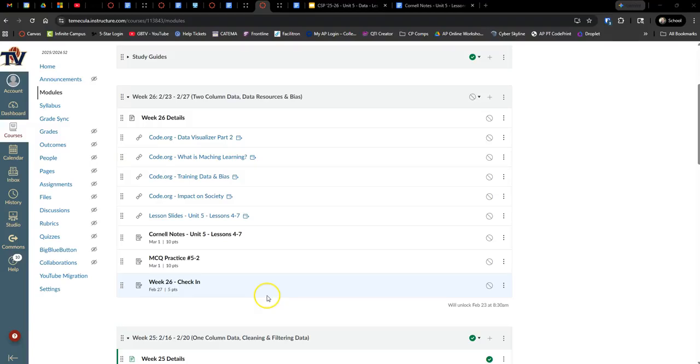Right, so this week we're still looking at Unit 5, and we're going to focus on lessons 4 through 7. This gets into two-column data, different data resources, and then we've got to talk about something called algorithmic bias. So you can see, if I click on the details,